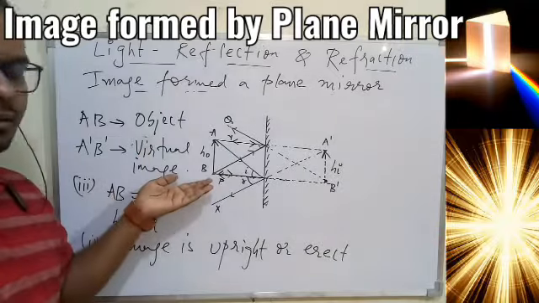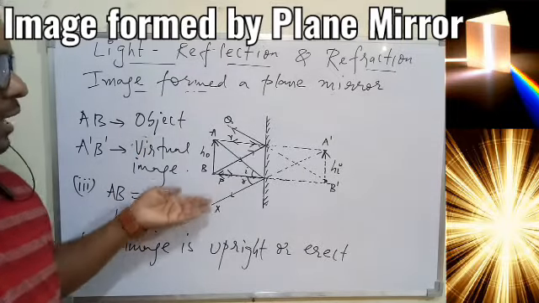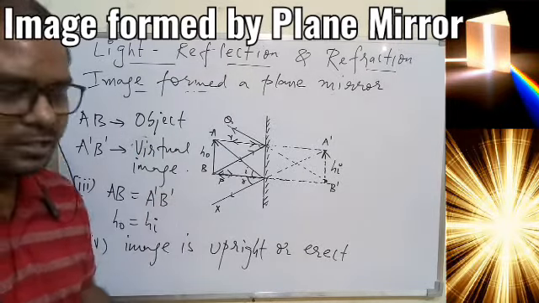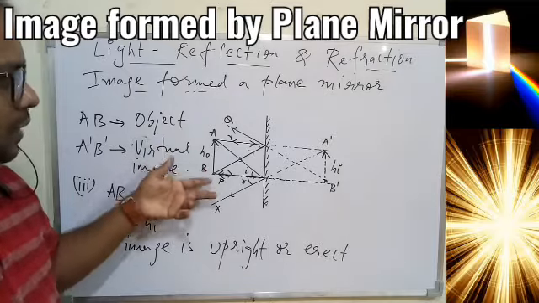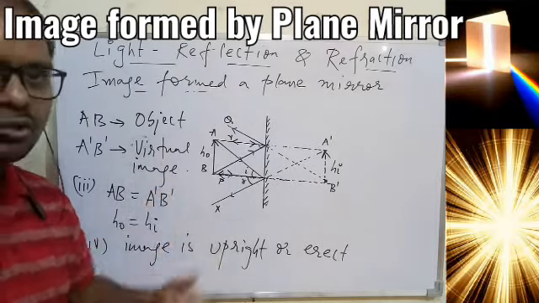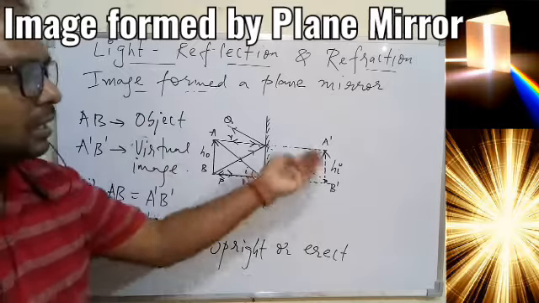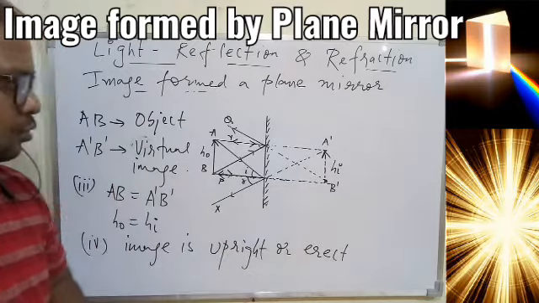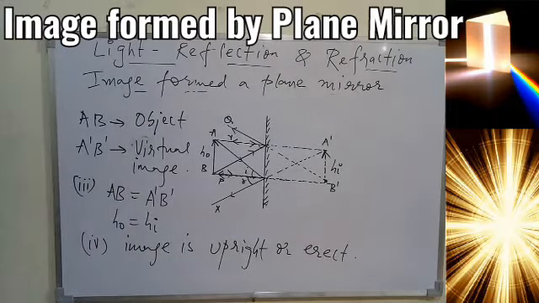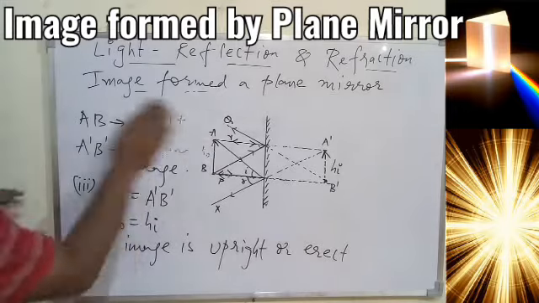And the same thing we did for the point B also. So for A and B, we applied the laws of reflection and we found 2 rays of light for B and for A. That is a total of 4 rays of light reflected from the mirror. And then we are finally getting the position of the image. So I hope you understood this much.